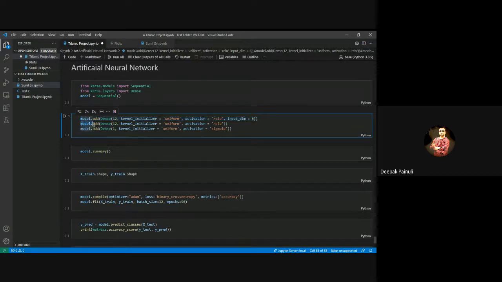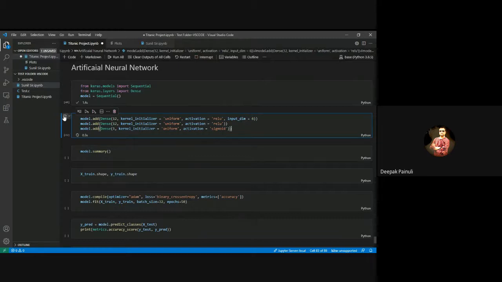The second line is representing the second layer of your ANN, and this is the third layer of your ANN. That means your model is having 3 layers only, right? So at this point, you are just creating your neural network, right? So let's do it.